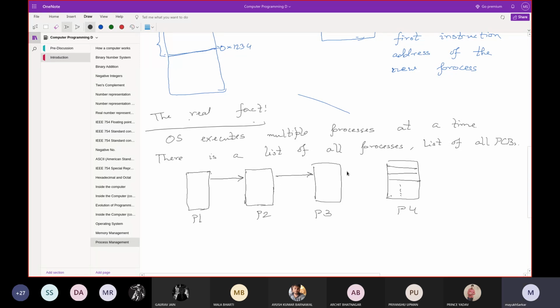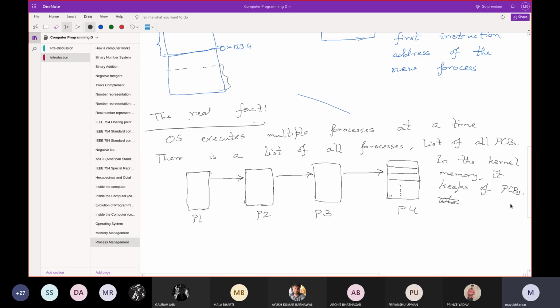You can consider that they are in the kernel memory, where the kernel is residing at the lower end of the memory. In the kernel memory, it keeps a list of PCBs which are currently running.